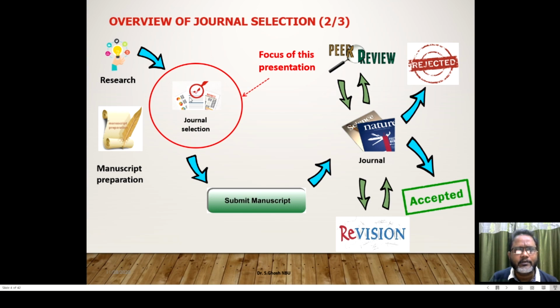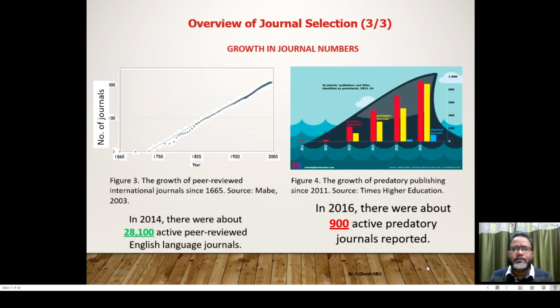So obviously, you do research, prepare your manuscript, and submit it to the journal. They have review policies, and there might be different kinds of review policies: blinded review, double-blinded review, peer review, and then rejected or accepted. If it is accepted, the editors might ask for some bit of revision. Once it is revised and re-accepted, obviously it will be published. Otherwise it will be rejected. So this is the second concept. And the third one,